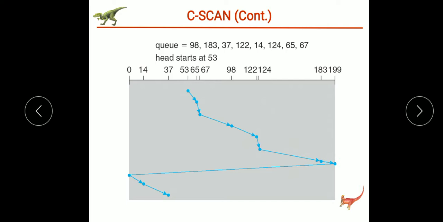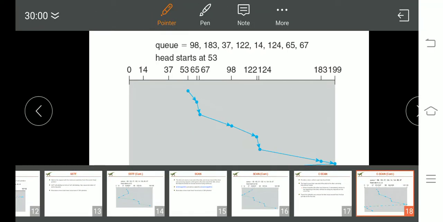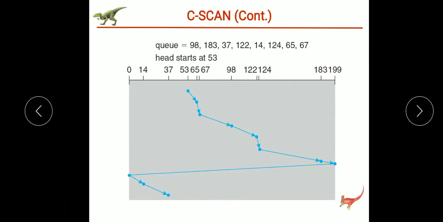While the head is moving in this direction, if the head is now at this position and any request comes here, then it will be serviced immediately. But if any request comes before this 98, then that request has to wait until the arm moves to the end of the disk, because it has to reach this end and it has to return back.